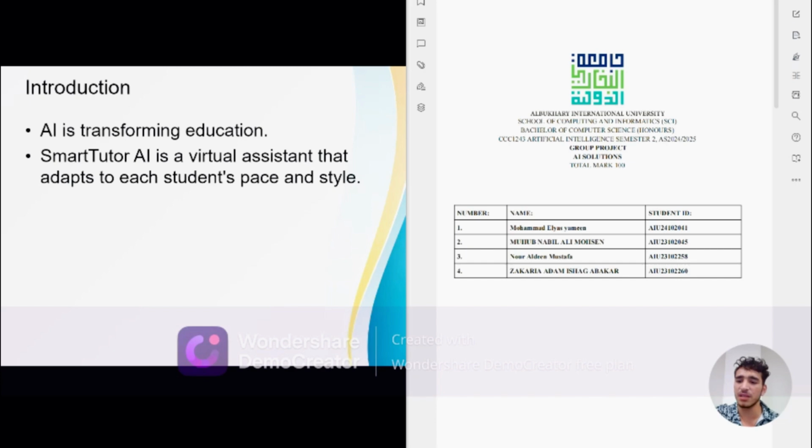So by creating this AI tool, it will help the students according to their personal capabilities, adapting to each student's pace and style, which will help them in their academic achievements as well as in real life problems.